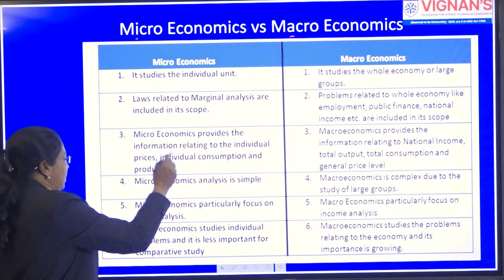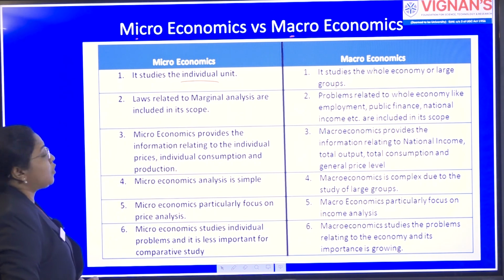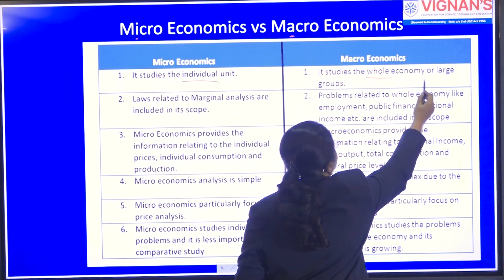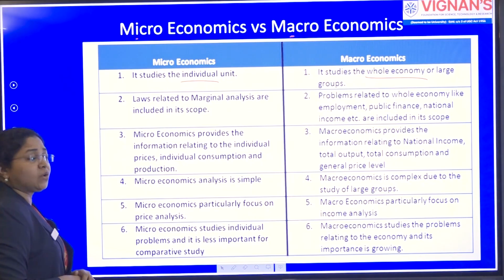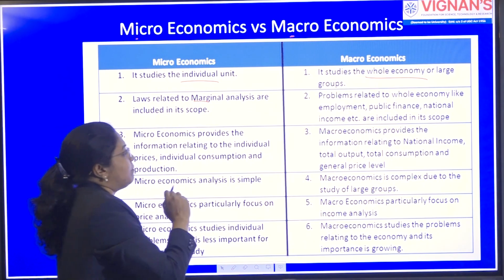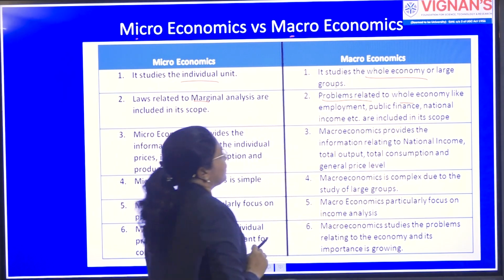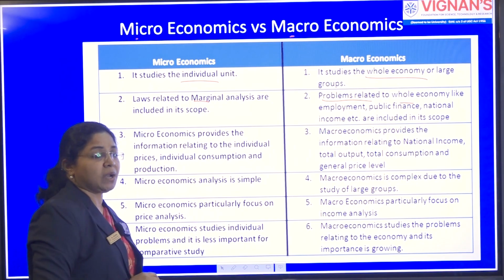It studies the individual units. Microeconomics studies the individual units, whereas macroeconomics studies the whole economy. Microeconomics studies marginal analysis, whereas macroeconomics studies the problems of the whole economy, for example, public finance, unemployment, national income. So,